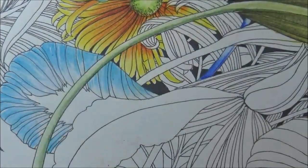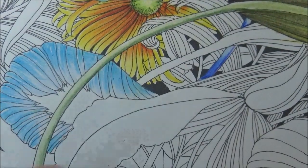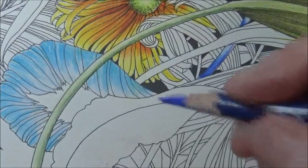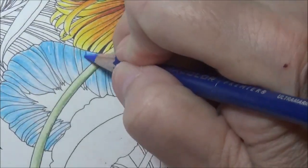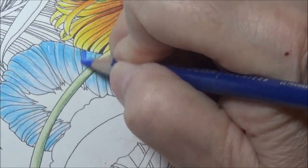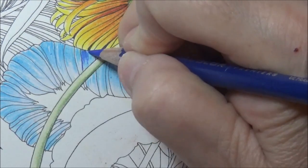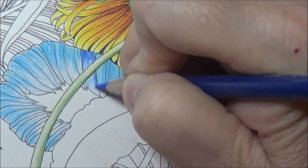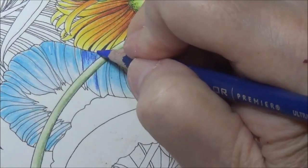Okay. So now we're going to grab the ultramarine blue. Okay, 902, the ultramarine blue. And then let's start at the bottom. And we're going to go up. Not too much. Don't want to do too much because